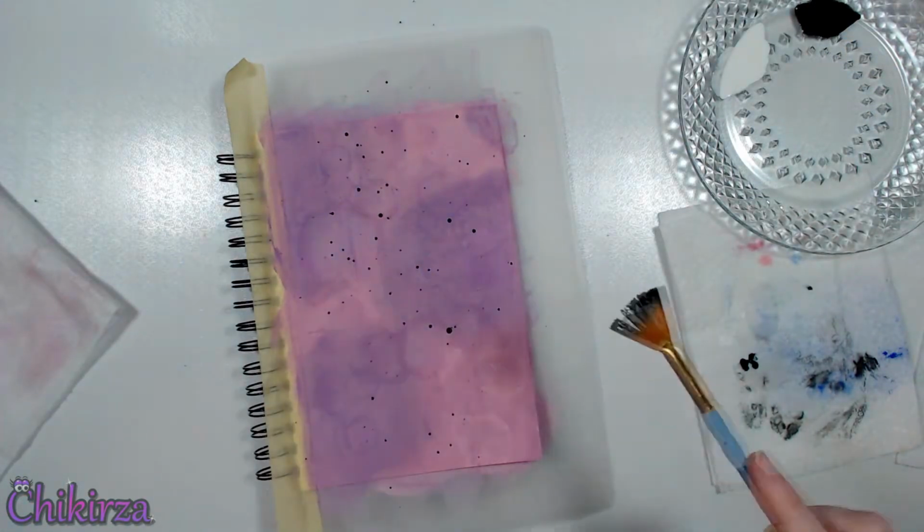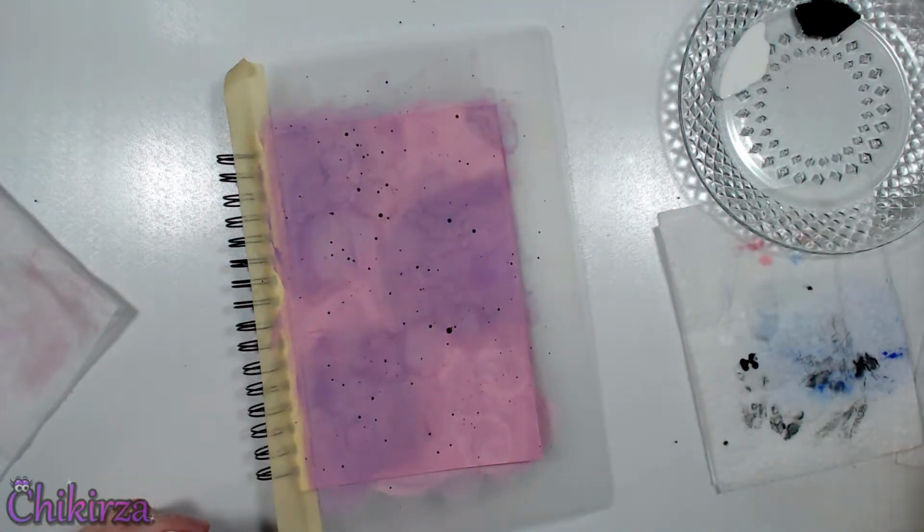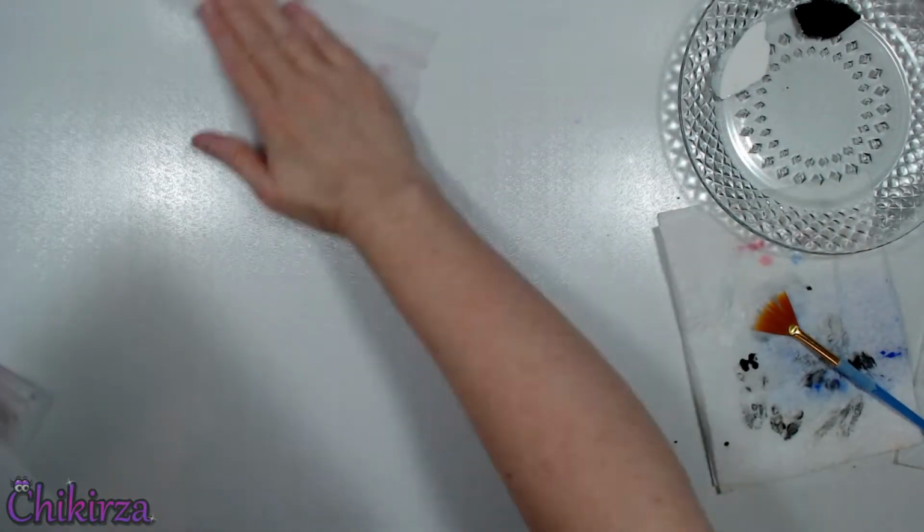And splatter some on the page. I do love paint splatter. However,